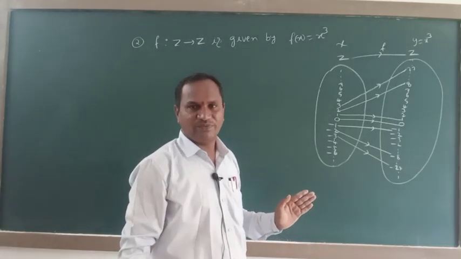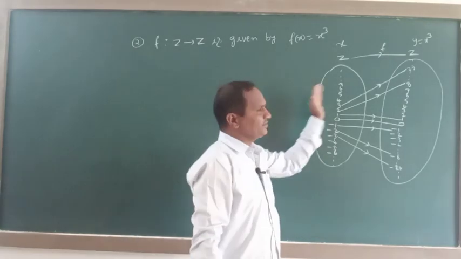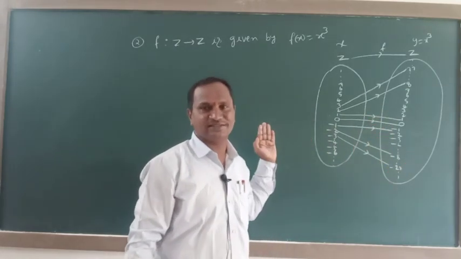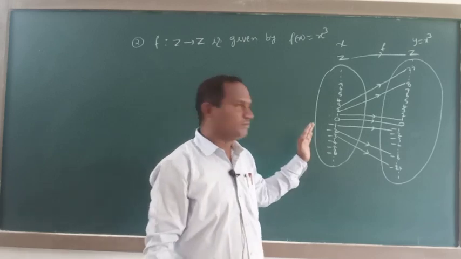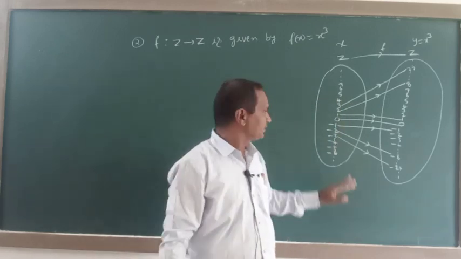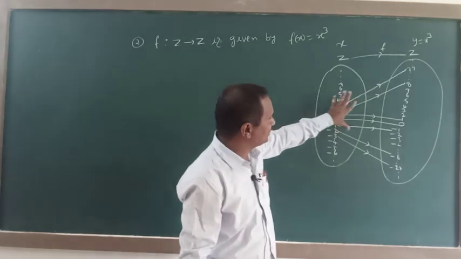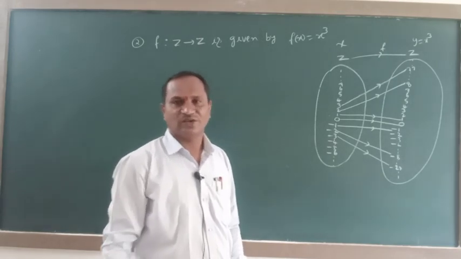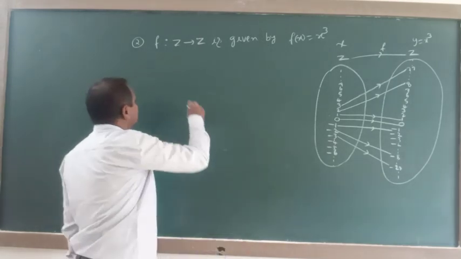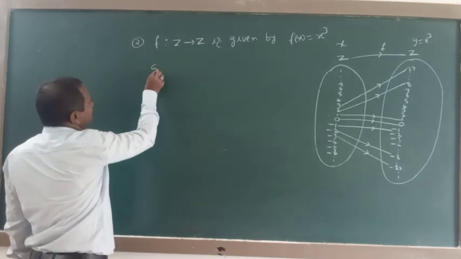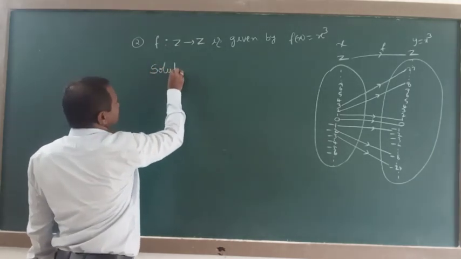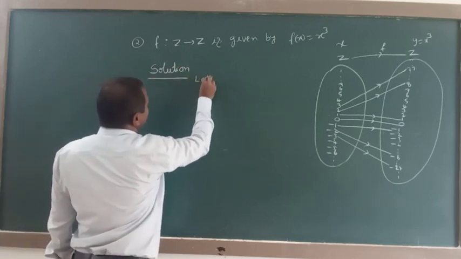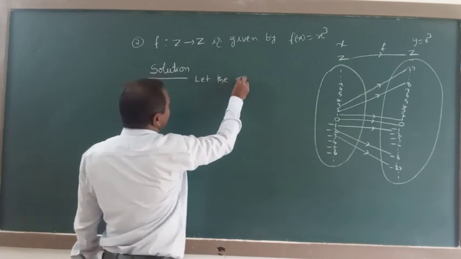I already told you, if you want to check one-one, move from domain. For onto, move from codomain. Now we are discussing one-one only. For one-one, move from domain. All the different elements have different images in domain Z. That's why we can easily say this f is a one-one function. Like that we can give the solution for this question. Solution. Let the given function